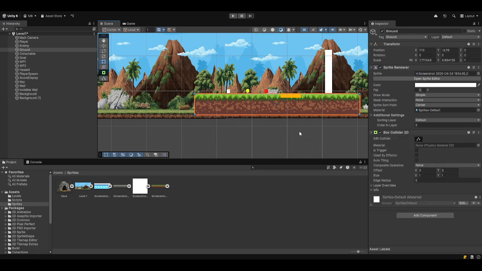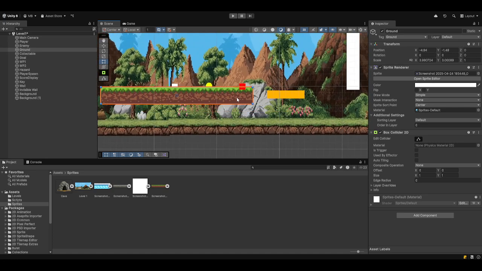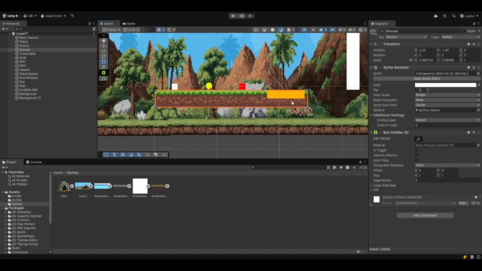Okay, and there we go. There's my ground. Now, you may also want to make that a little bit smaller, and the reason for that is because the larger your sprites are, the more pixelated they will be when you shrink them. And again, you may just want to duplicate that and